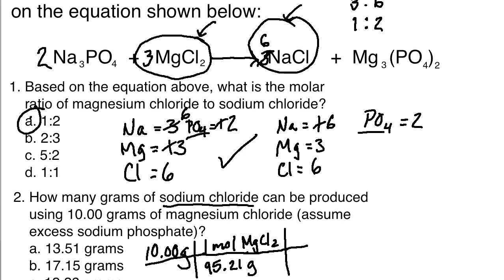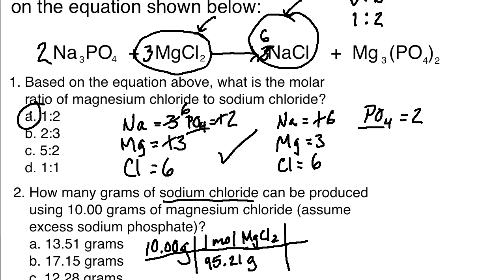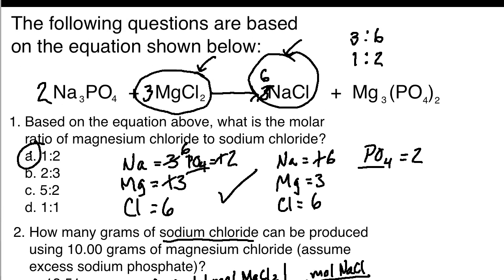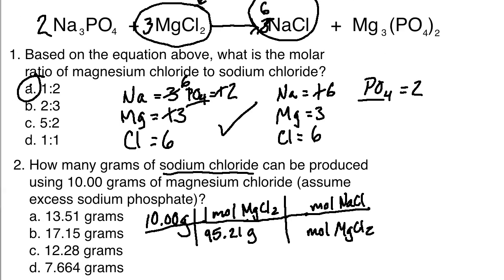So we have magnesium and sodium chloride. It is a 3:6 ratio here. Now, where does the 3 go and where does the 6 go? Well, I want to get rid of moles of what? Magnesium chloride. And I'd like to turn those into moles of what? Sodium chloride. And so if I look at the numbers up here, I've got 6 sodium chloride to 3 magnesium